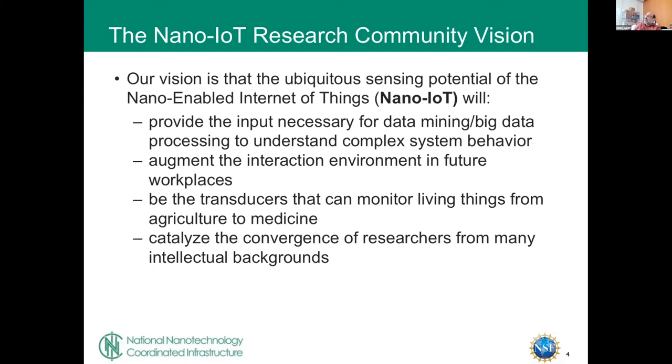to do, gives you guidance, because we have distributed sensing available to us in order to understand where you are, what the workplace is doing, what state the workplace is in, and so on. Nano IoT can be the transducers that can monitor living things from agriculture to medicine. Right, so we're going to hear shortly about one application,